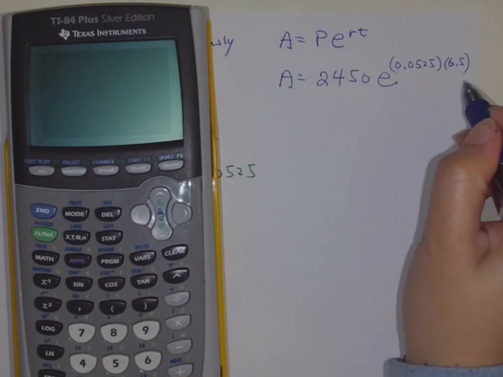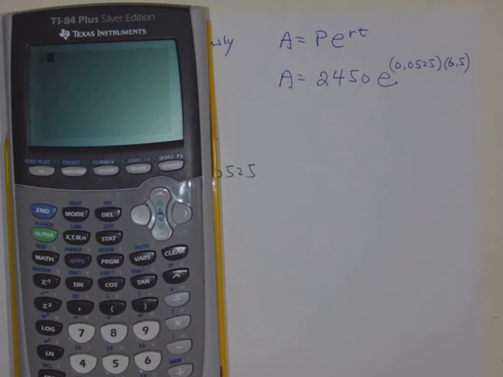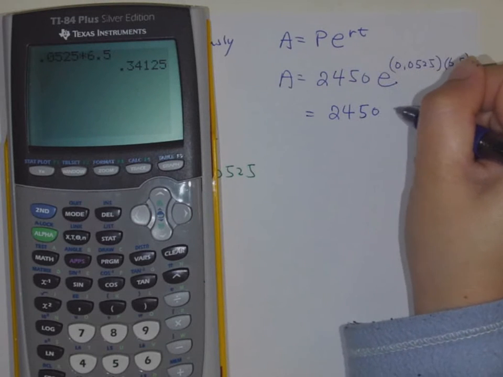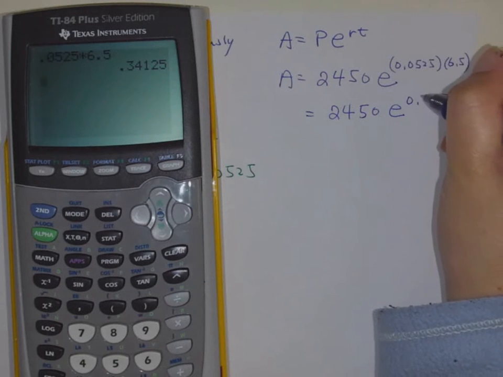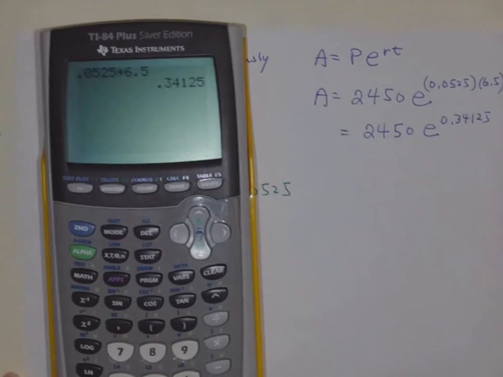I like to do the exponents first. I mean, if you're very good at it, you can do it in one step, but I do it step by step. 0.0525 times 6.5. So basically, I need 2450 e raised to 0.34125. So if you have a graphing calculator,